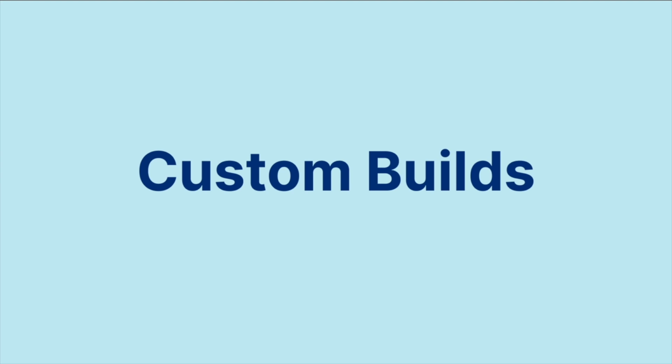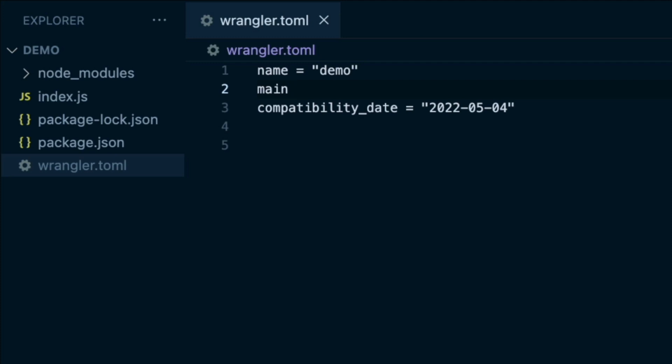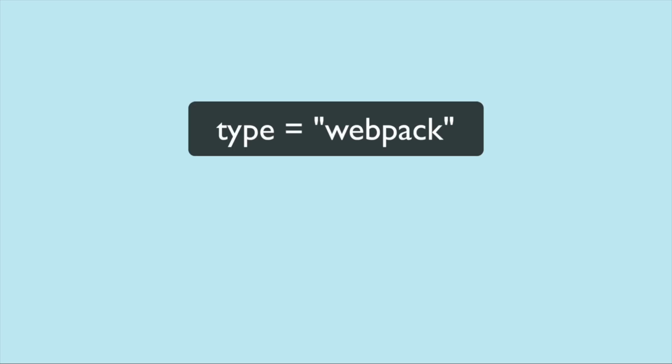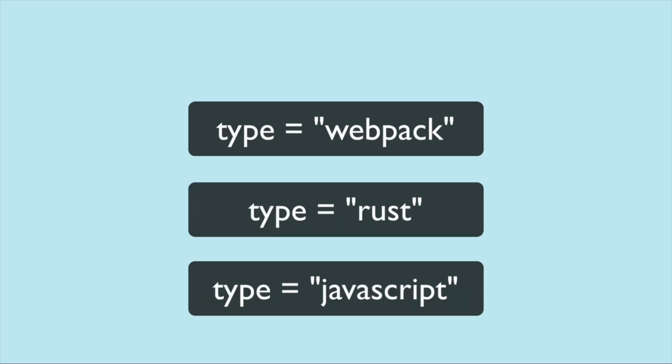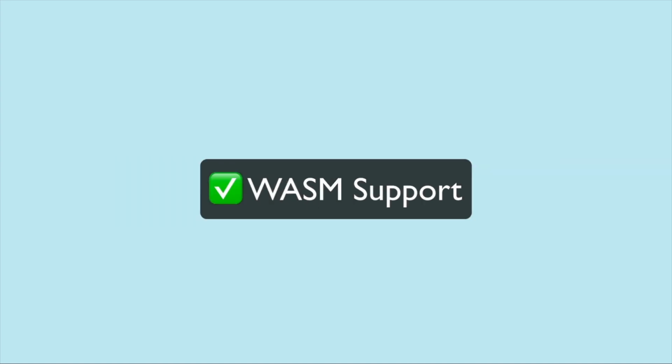When building your worker with Wrangler, you will find that you need to add configurations to the wrangler.toml file. In this file, you can add keys and values needed to add additional configurations for your worker. In Wrangler 1, we had 3 options for defining a worker: Webpack, Rust, and the JavaScript type. This has been drastically simplified as the new version of Wrangler includes native support for TypeScript, WebAssembly, and even some